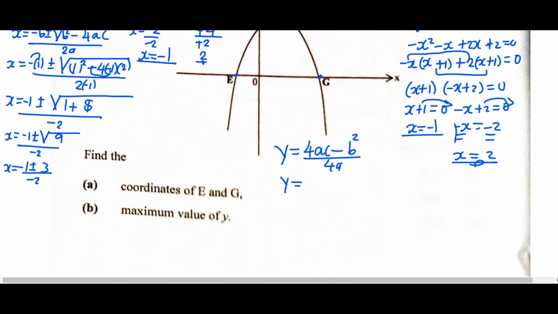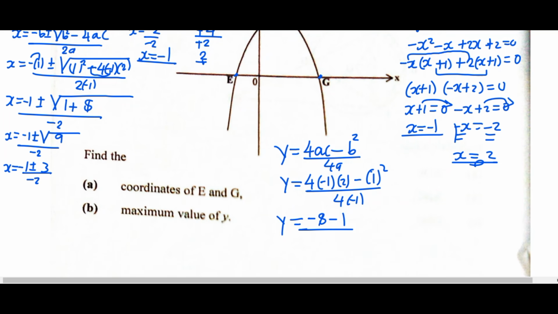According to our equation, our a is -1, our c is 2, and our b is just 1. So 4 times -1, -4, times 2 is -8, minus 1 squared, over 4 times